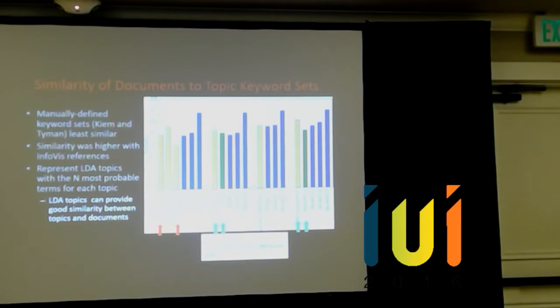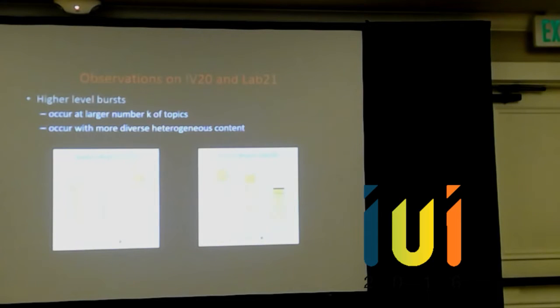So we think that provides support for our method of using the 10 most probable keywords to represent each topic in our visualizations. And we have a bunch of other results that are in the paper,